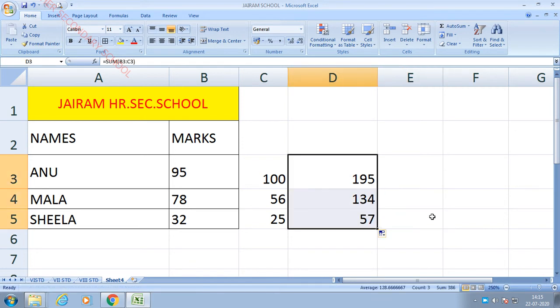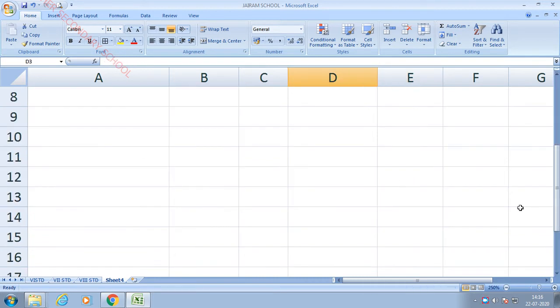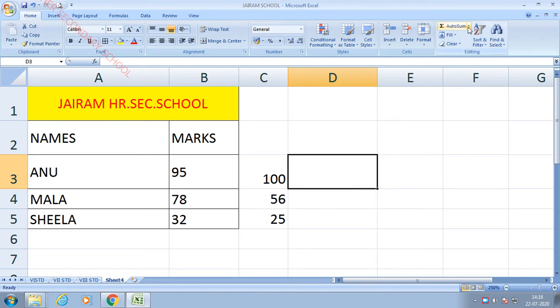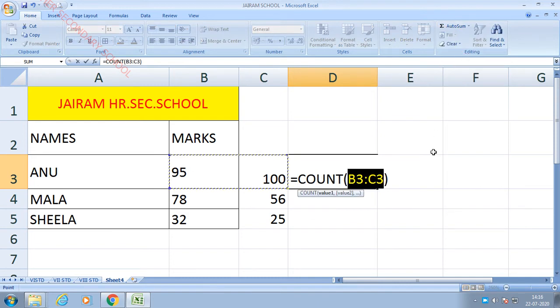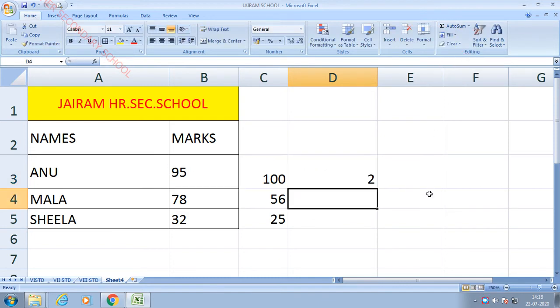Not only sum, many functions are there. Average, count numbers, max, min, more functions are there. So for example, I am using sum. Okay, now I'm going to give count numbers. Place the cursor here, then choose count numbers, then press enter key. How many numbers are there? 1 and 2. So how much count? 2. It shows like this. So this is the way you can use a lot of functions here. Actually that purpose we are using a spreadsheet.